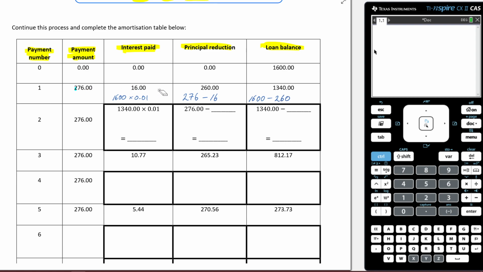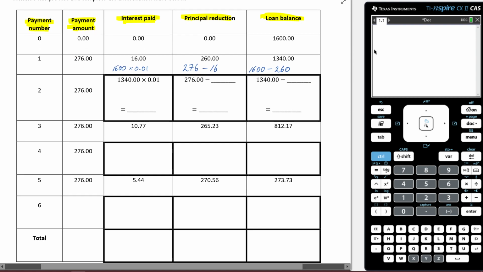Let's now look at our next one. So this is now payment number 2. Again, we're making a payment of $276. We now need to figure out how much interest we're going to be charged in this month. To figure that out, we've taken the loan balance from the previous month and we're figuring out 1% of that. So we can just use our calculator here, and when we do that, what we're going to find out is it's going to be